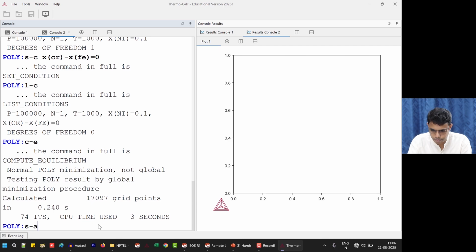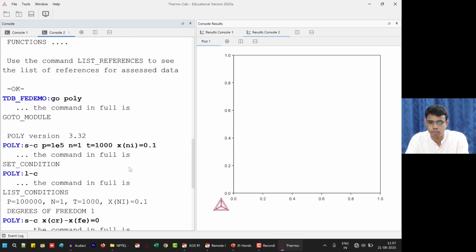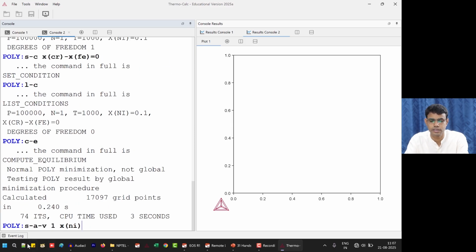So now once the compute equilibrium is done, we can set the axis variable 1 and we will change x of Ni, not x of Cr or x of Fe. Although we have entered the condition, you may ask, if you set x of Cr and make x of Cr vary, let iron vary equally. If you impose that kind of condition and try to set x of Cr here, it won't work. What will work is, for the mole fraction you have set a number, only this you have to enter here in the set axis variable. Okay, these are some points with the software. Once you start using this, these things will become familiar.